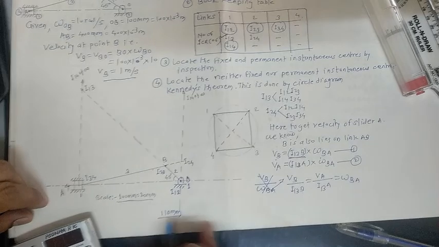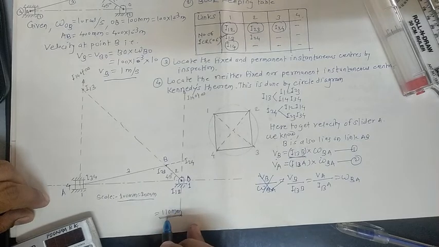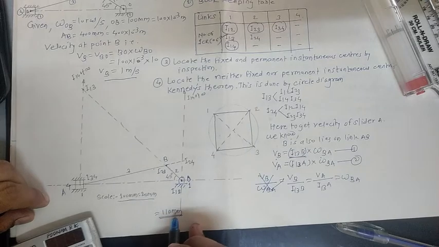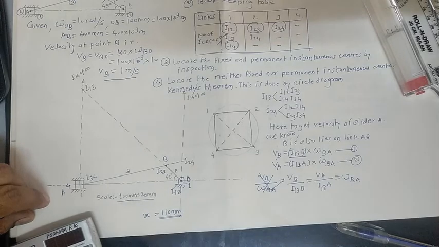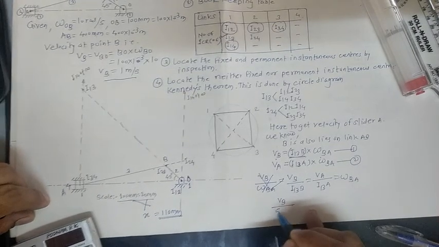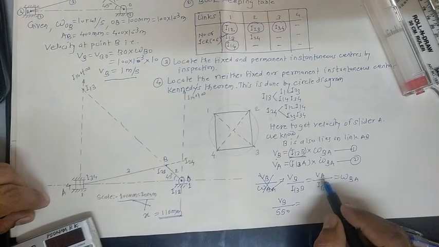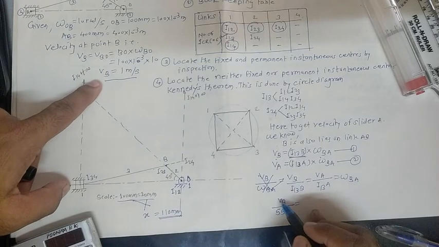So what's about the scale as per true scale, for 100 mm, 20 mm? So what's about for this 110 mm? What's about the actual length? So by cross multiplication, in this way you can do the cross multiplication. So we can get that length in this way, 550. Already the value for VB is with us. Okay, VB is 1 meter per second with us.